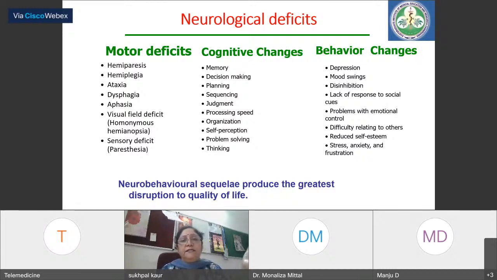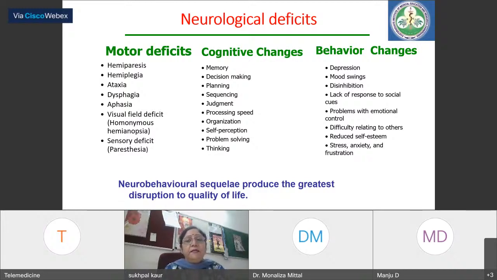Talking about the cognitive changes, there could be changes in the memory. Many times it is seen that the person just becomes like a child. He usually forgets, especially if the survivor is from a severe head injury. The person may not be able to make any decisions regarding his life or even day-to-day life activities. There could be problems in planning, sequencing, judgment, processing speed, organization of things, even self-perception,